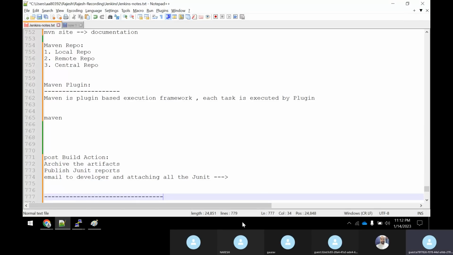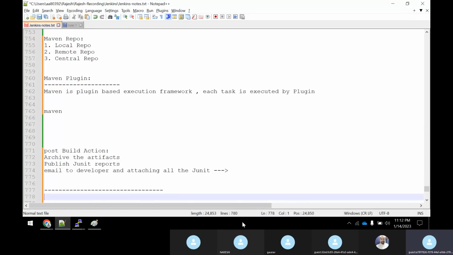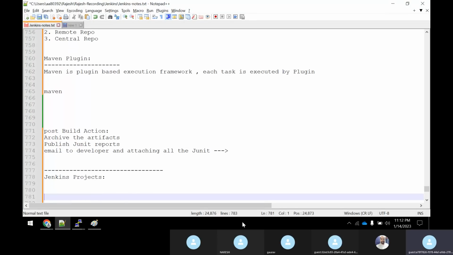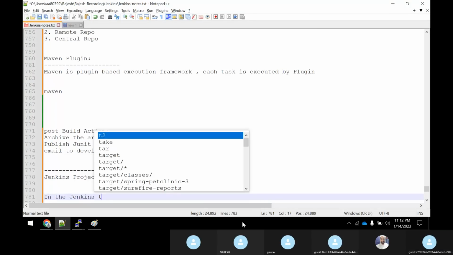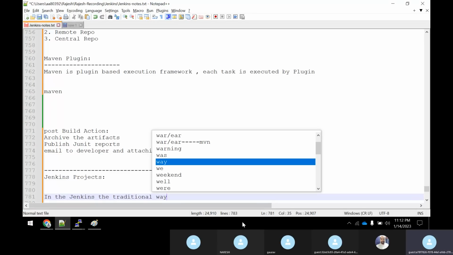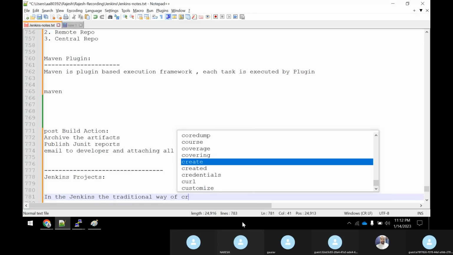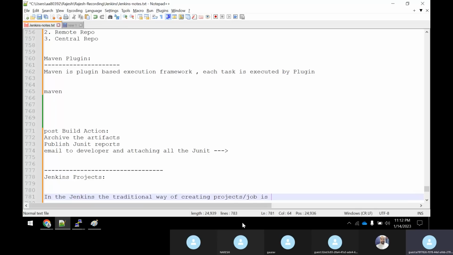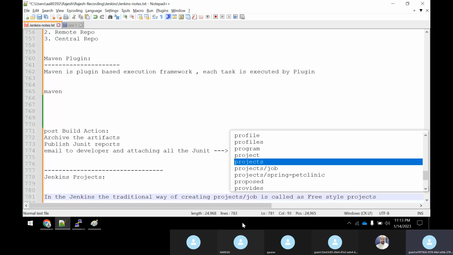So what we can do is understand the Jenkins projects. We have executed a lot of Jenkins projects, but you know that. In Jenkins, the traditional way of creating projects or jobs is called a freestyle project.